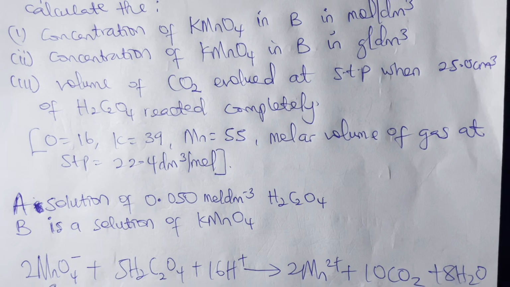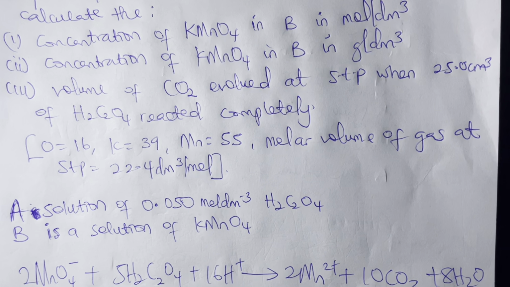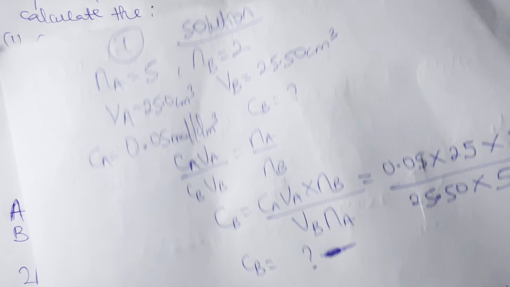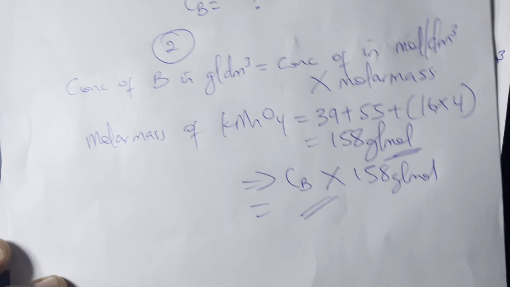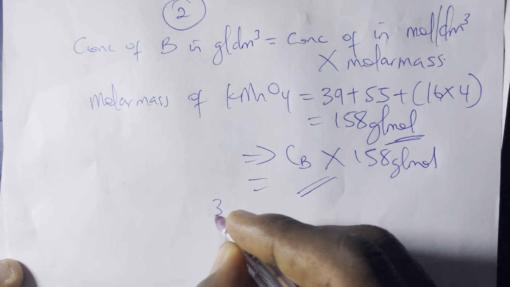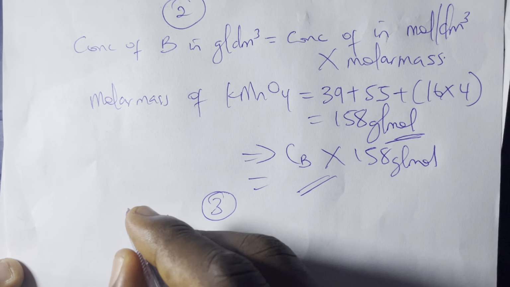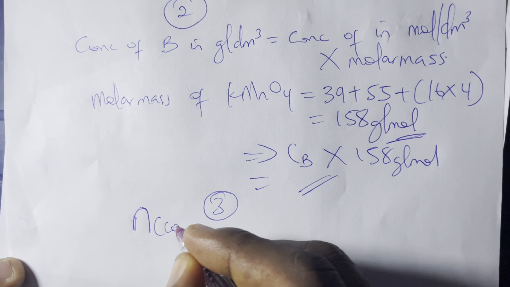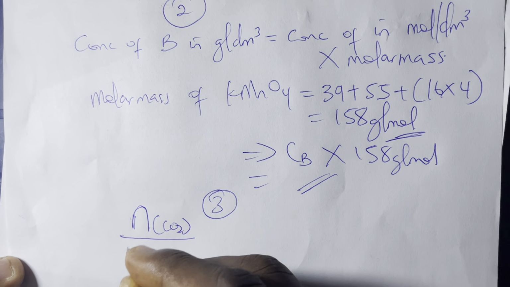And for the third question, which says the volume of CO2 evolved or liberated at STP. Now, how will you work around that? How will you calculate that? You are given the molar volume of gas at STP. To calculate that, you're going to find the mole ratio of CO2 against the mole ratio of